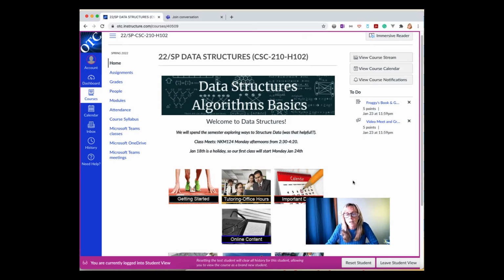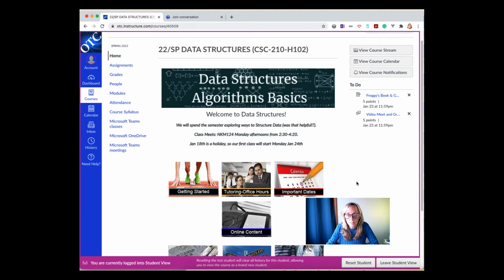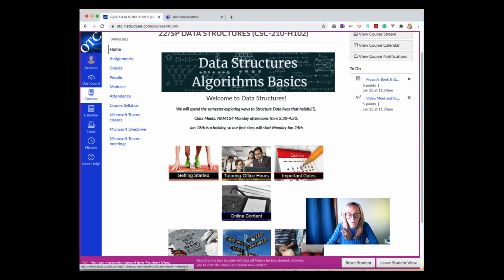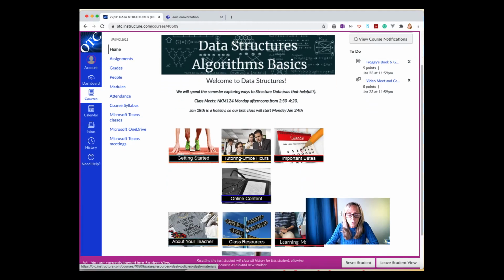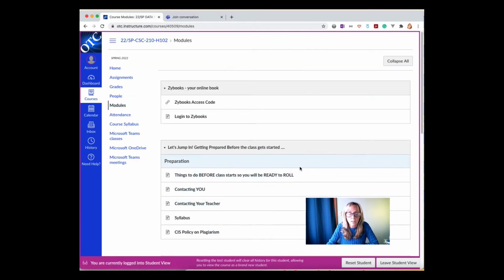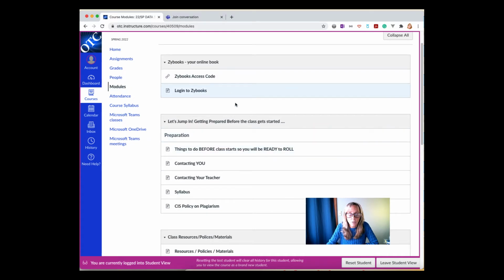All right, so let me kind of give you an overview of how I've set up the class and how things are structured and so forth. Obviously, all of these are quick links to things that you can find within the modules, so you can quick click on any of these. I'm just going to go right into the modules where all of these have links to anyway. So I'm going to ignore this first one from the beginning and we'll come back to it.